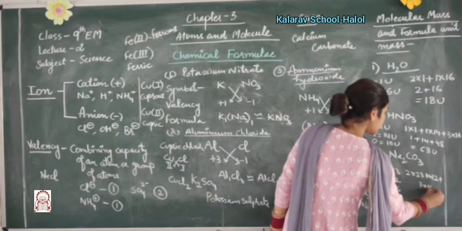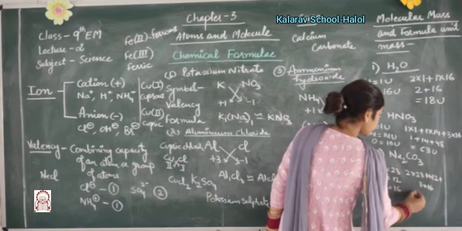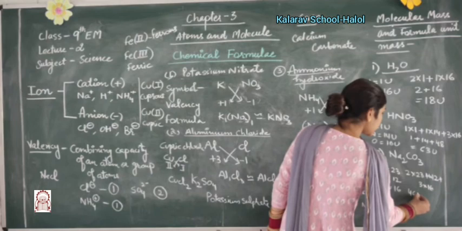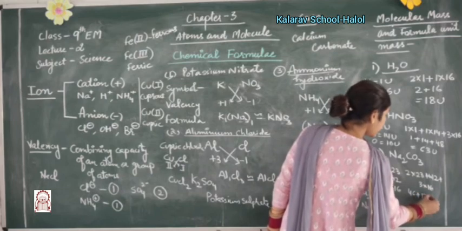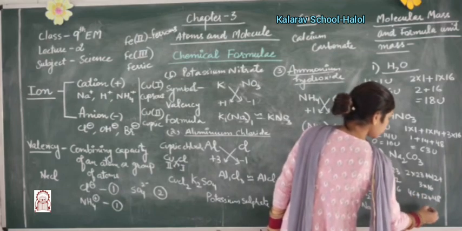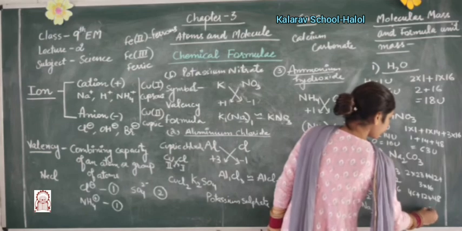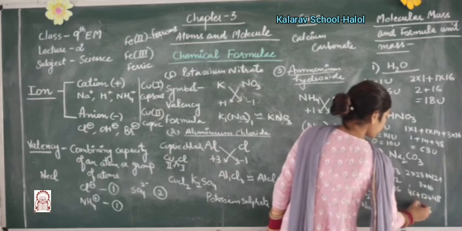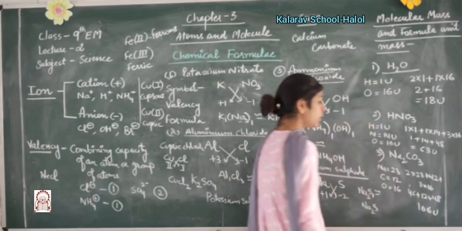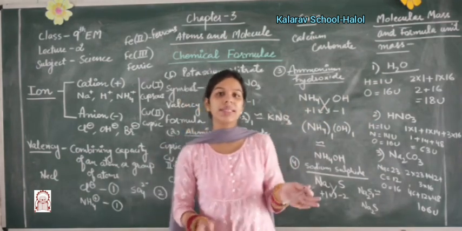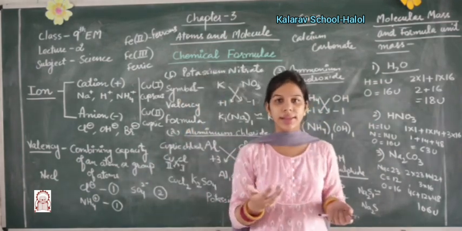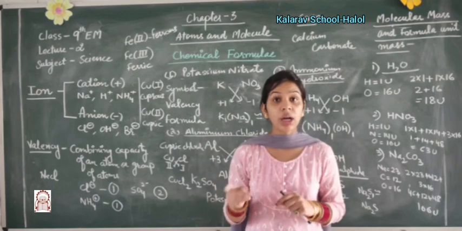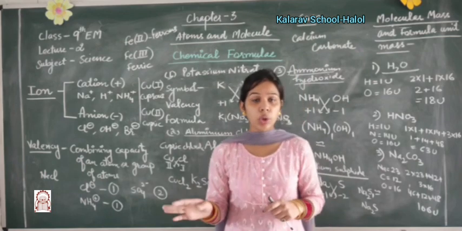3 into 16. So 46 plus 12 plus 48, that is 106. So these are the molecular masses you can calculate by yourself, as I have given you homework in PDF number 2. You can